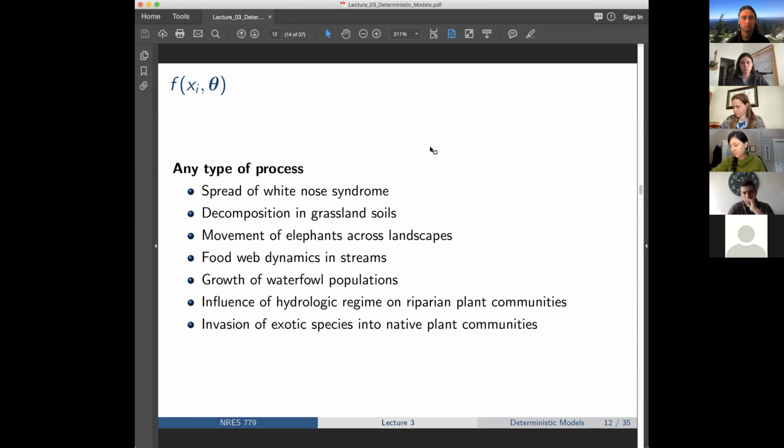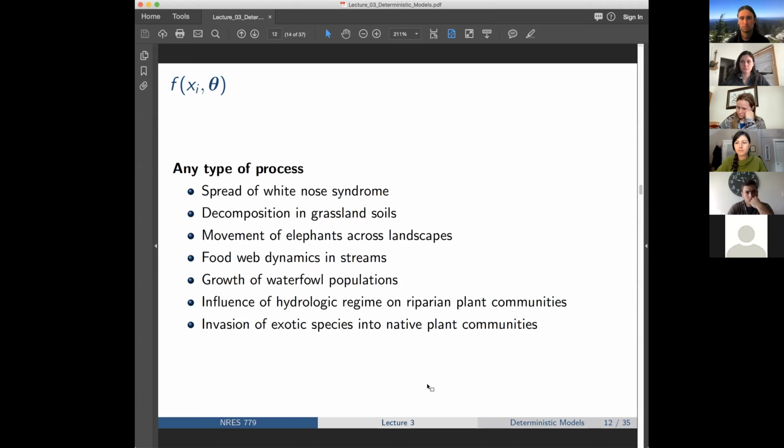Food web dynamics, growth of waterfowl populations, influence of hydrologic regime on riparian plant communities, invasion of exotic species into native plant communities. So all of these can be described, or you can come up with mathematical models that will describe these processes. Now, again, they're not going to describe them perfectly, but you can find useful models that will help quantify these